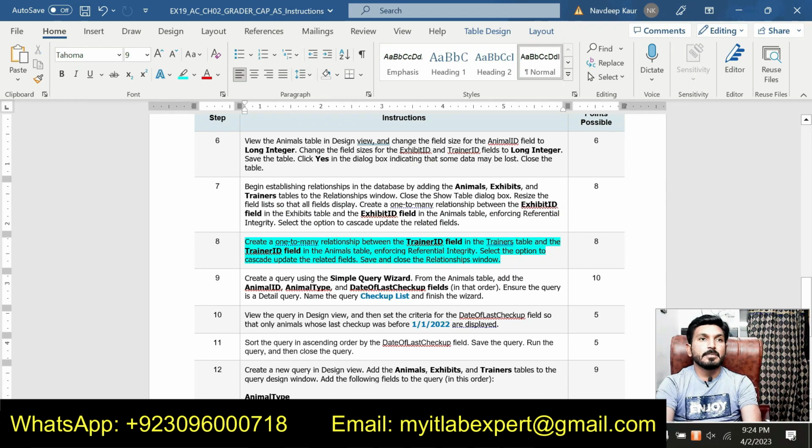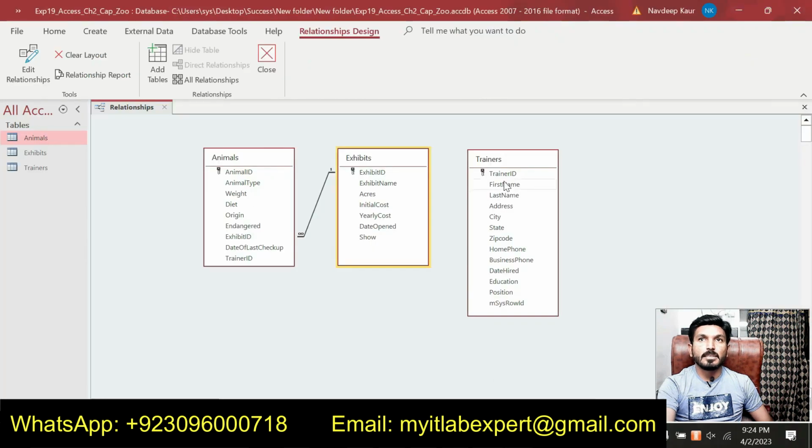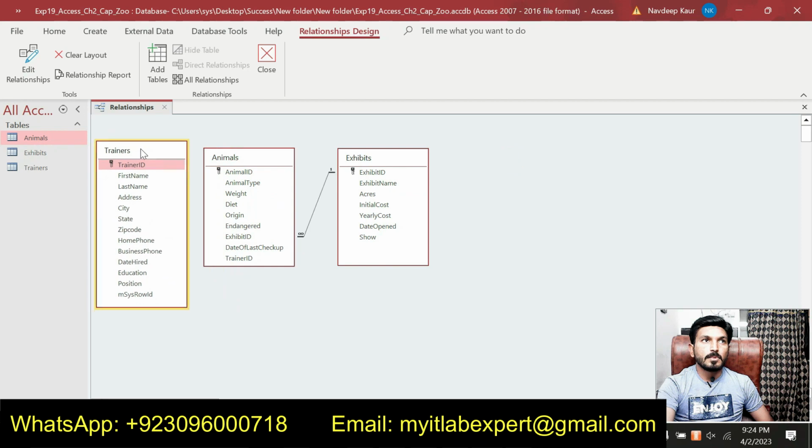So step number 8 is create a one-to-many relationship. So now we are supposed to create another relationship between the trainer ID field in the trainer table and the trainer ID field in the animal table. Enforce referential integrity. Select the option to cascade update to related fields and save the relationship window. So now we are supposed to create the relationship between the trainer ID